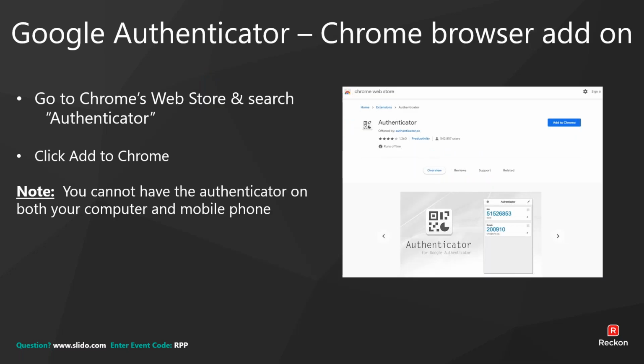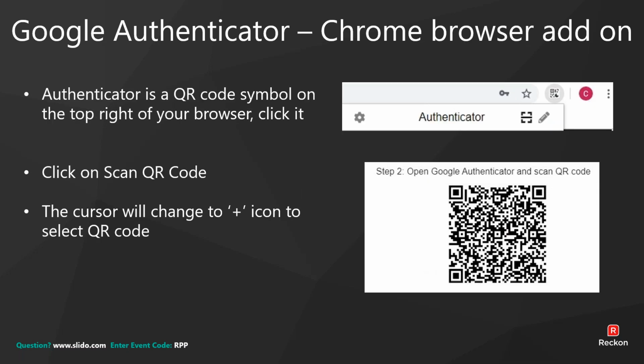The other option we have is a Chrome browser add-on for the authenticator. When you go to the Chrome web store, type in authenticator as a search, click add to Chrome, and it will be there. Just a note, you can't have the authenticator on your phone and your computer at the same time, so it's one or the other. It'll then put this little QR code symbol up in the top right-hand corner of your Chrome browser on the toolbar next to